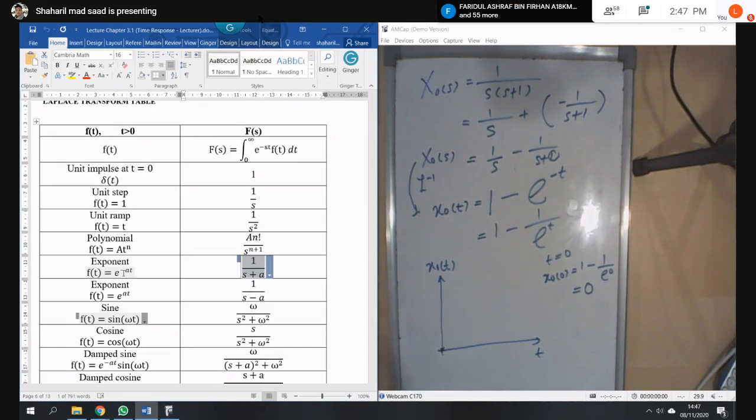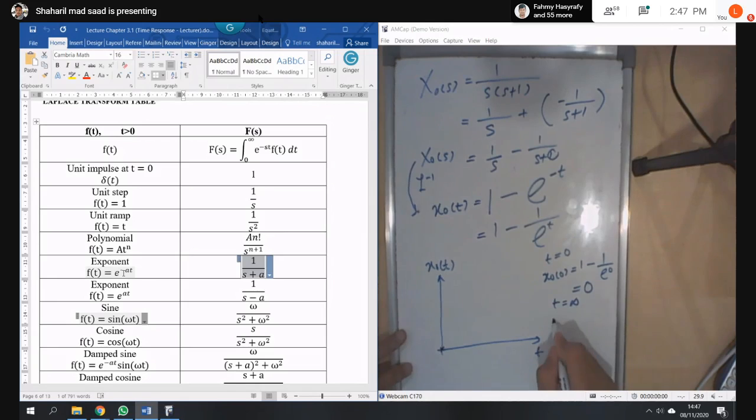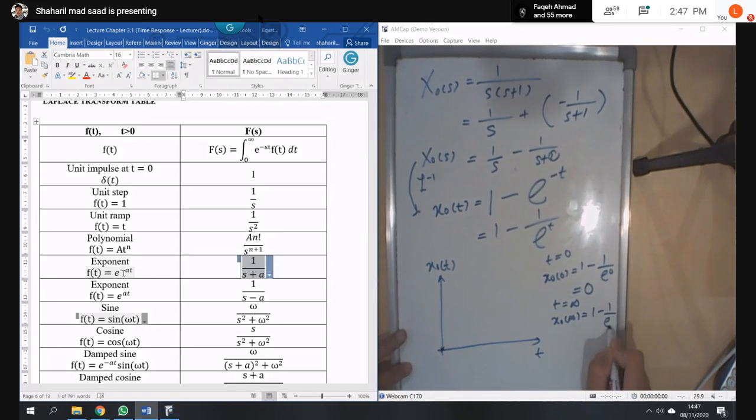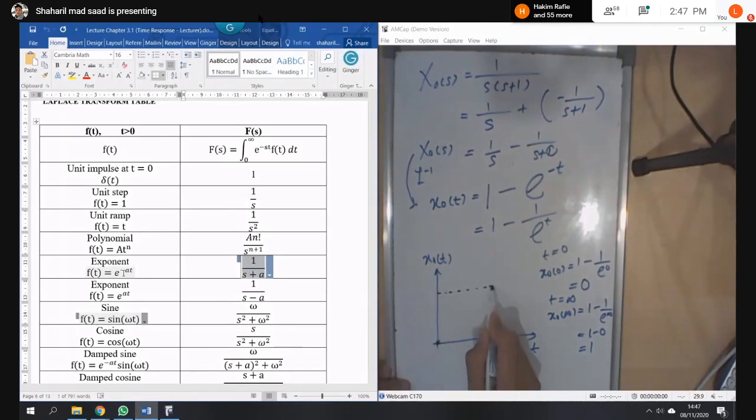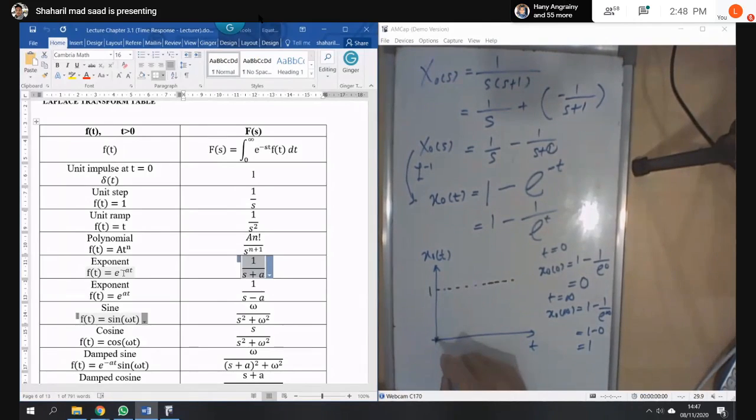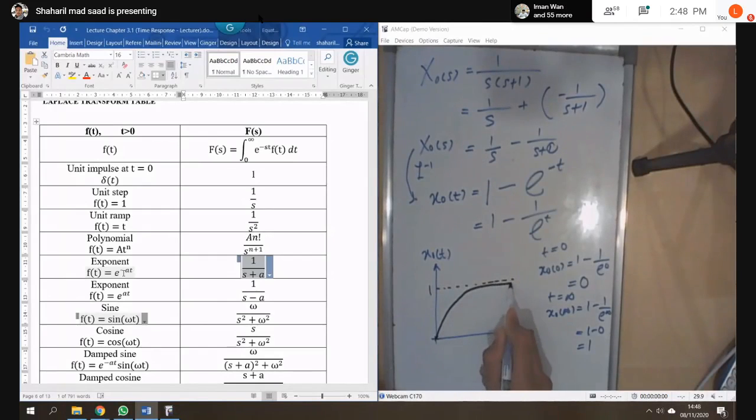And let's say t equal to infinity. Now you get x naught, 1 minus e to the infinity. So this one, the biggest one, 1. So 1 minus 0, you get 1. And at t infinity, the last one that you will get is 1. That means your graph will be like this one. And then it will go to,